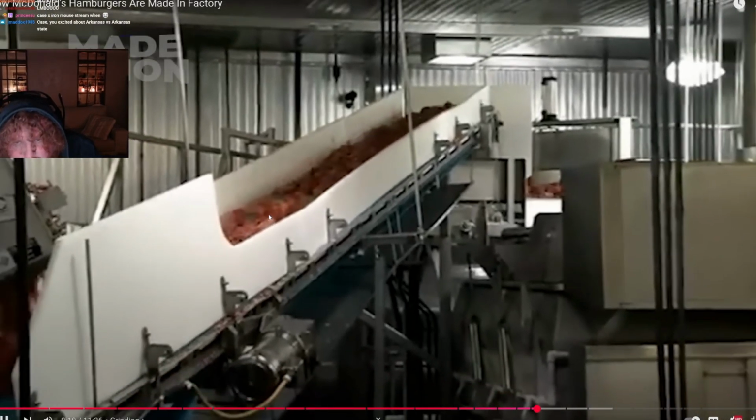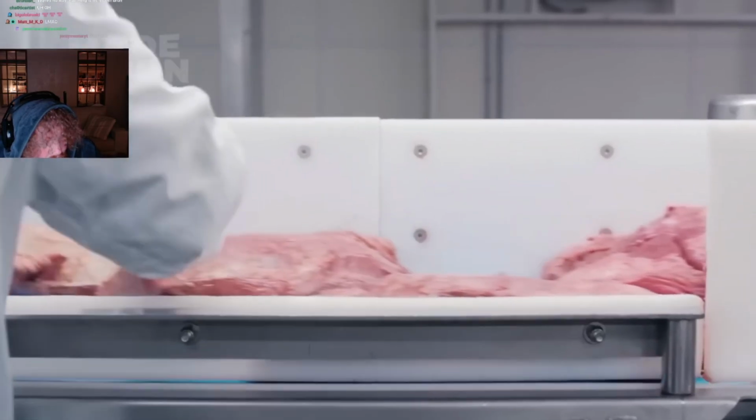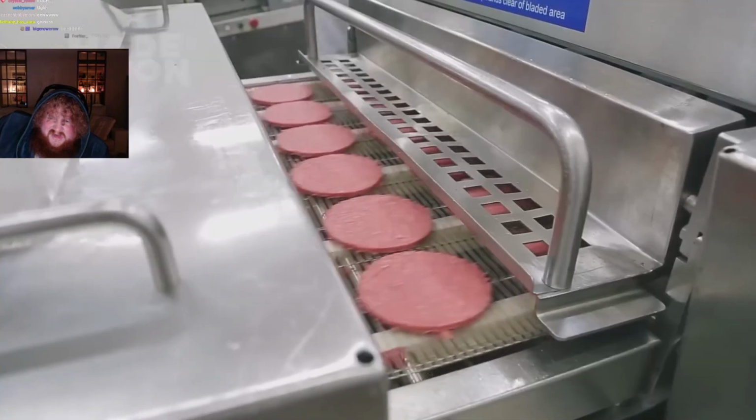The beef is chilled on this conveyor belt by CO2 to the perfect temperature, around 29 degrees Fahrenheit before being ground. This precise temperature control is vital for forming the patties. The freshly ground beef is then transferred from the grinder to the mixer. The mixer ensures that the beef is perfectly blended, creating a consistent mix that will be used to form the patties. Next, the beef moves from the mixer to the...